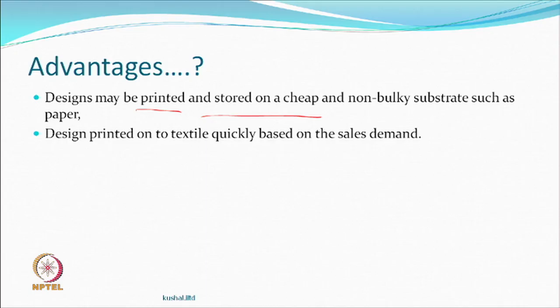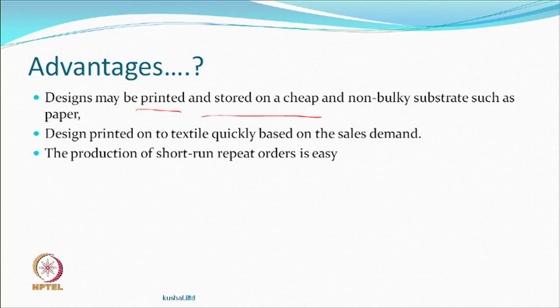Designs then can be printed onto textile based on the demand. If somebody says I want the same design, which I got in September of 2017 or 2018, you bring out the same thing. So, you actually have a printed design which has to be just transferred. If somebody says, well, you had given me this on this fabric, which was, let us say, a one up one down kind of woven fabric, now I want the same thing on my knitted stuff, can you do that? They say yes, let us try.